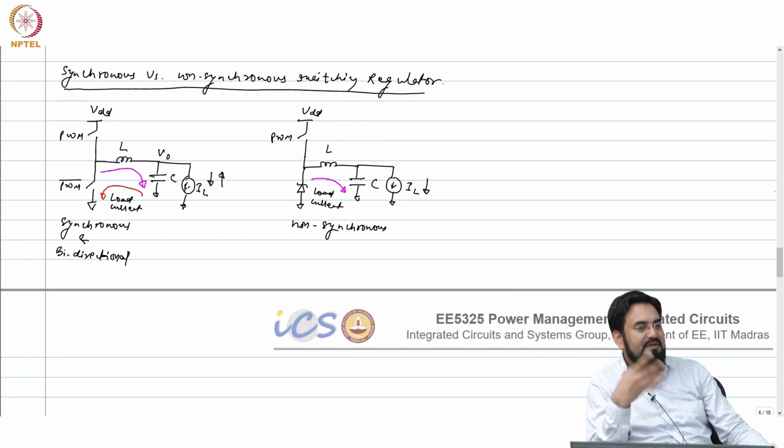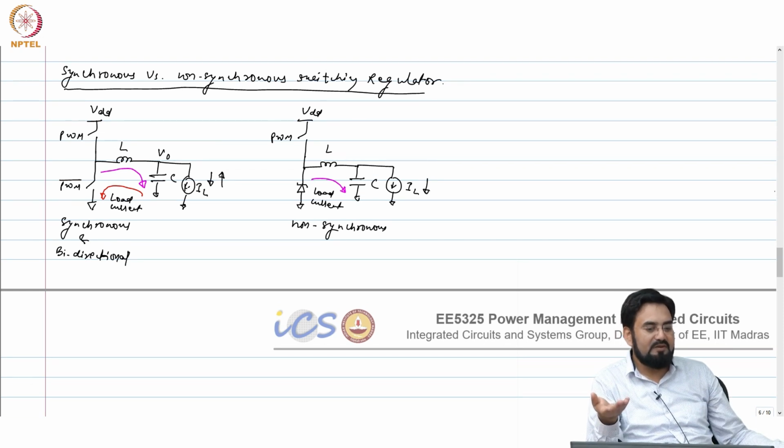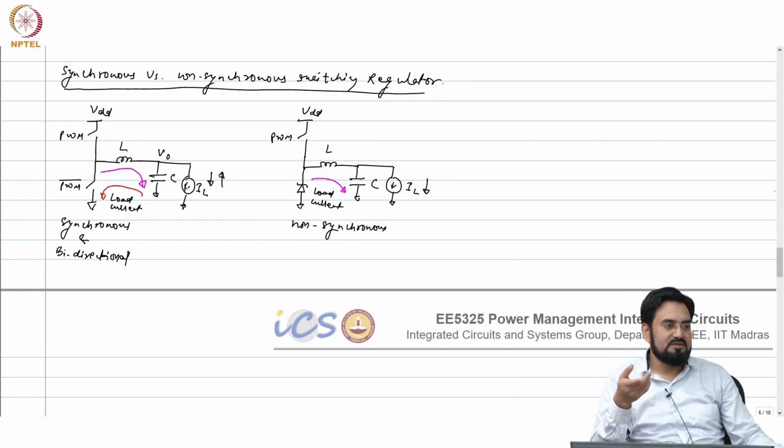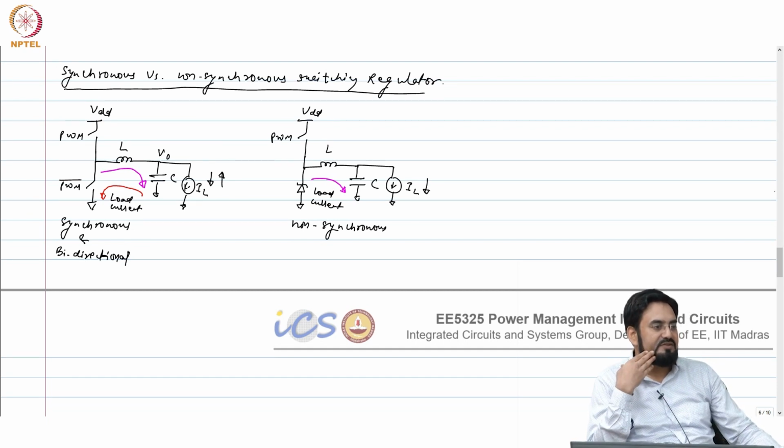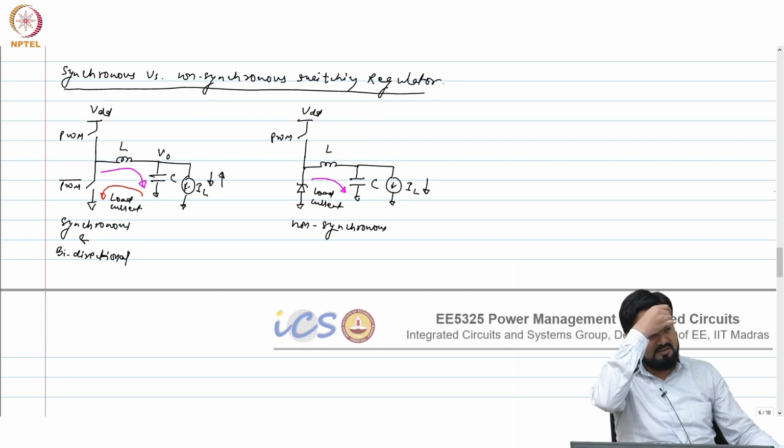So even if you have a 50% duty cycle, 350 milliwatt is lost in the diode itself, and in the other case we were looking at a total loss of only 50 milliwatt in the switches and 50 milliwatt in the inductor. So your non-synchronous will be lossy, and that is why we do not use a normal diode, but we use Schottky, because Schottky has a lesser forward voltage. Even if you use a Schottky, it will be 200 to 300 millivolt, roughly. So still in terms of efficiency your synchronous will perform better than non-synchronous.